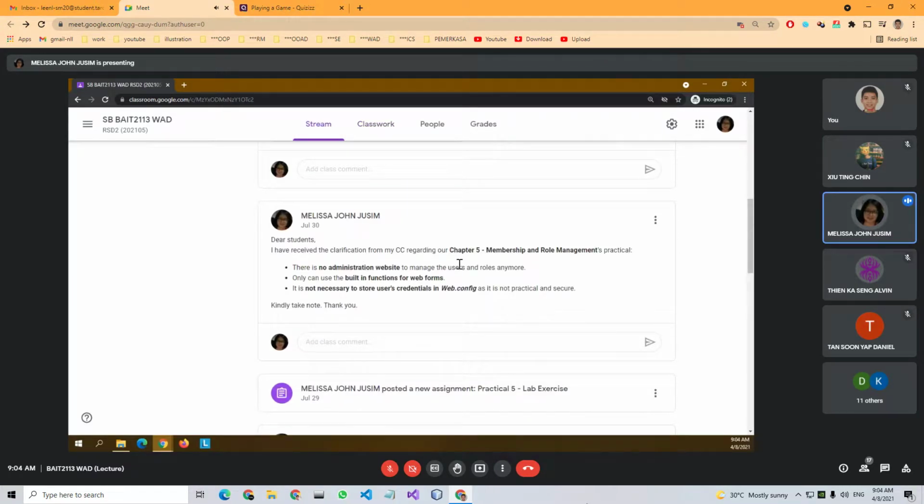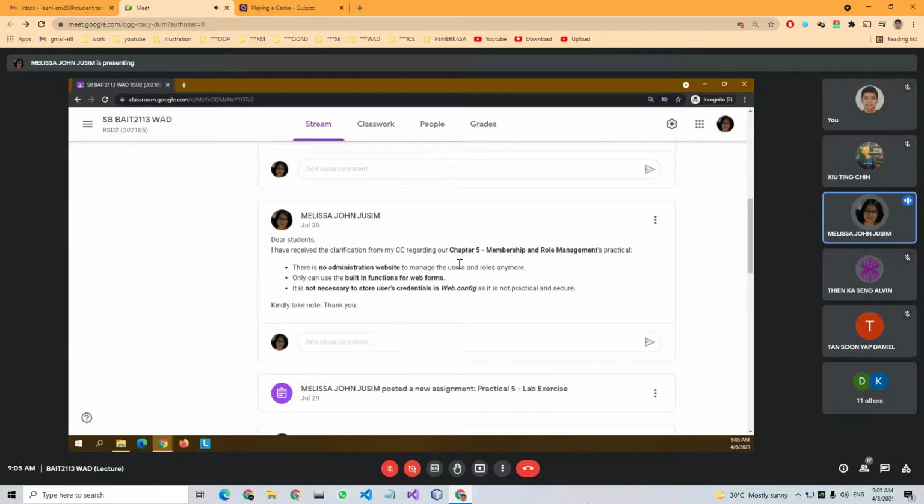As I asked about the practical 5, we need to create roles, the student role, how to create the student role. And there's a slide that mentions roles need to be manually coded with the class name listed, with the list of functions listed. So I asked my CC for examples.